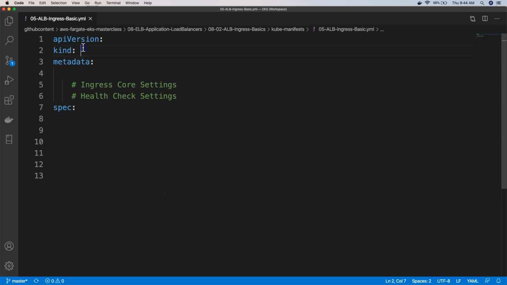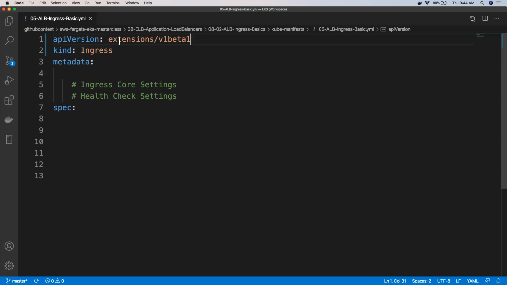So the ingress is the kind here, okay? So this is API version, kind, metadata, and then spec, our standard Kubernetes stuff, and then I'm going to say ingress, and it is going to be extensions/v1beta1, right? So currently this is in beta, but in future it might be moved away.